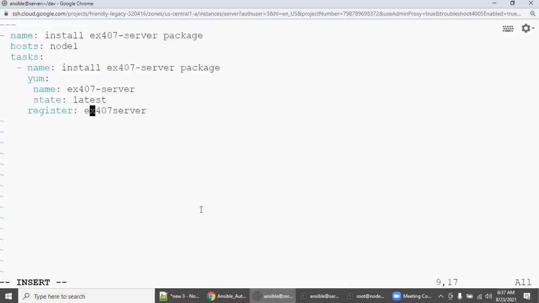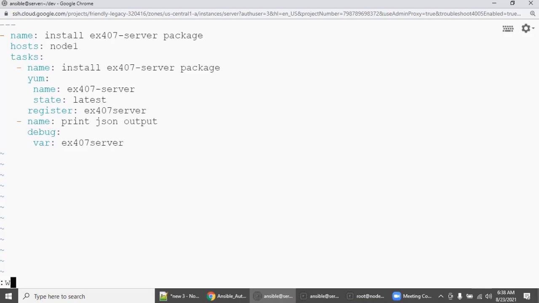The thumb rule we discussed: the moment you start register, the first thing you need to do is print it in JSON format, the JSON output. For printing, use the debug module, use var and mention the register name ex407 server.